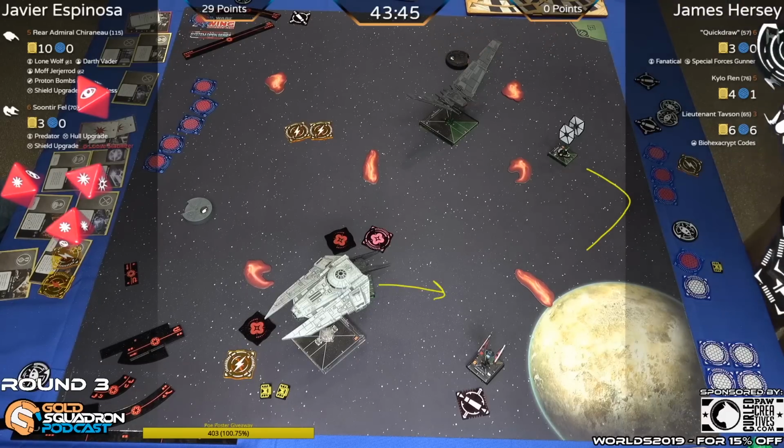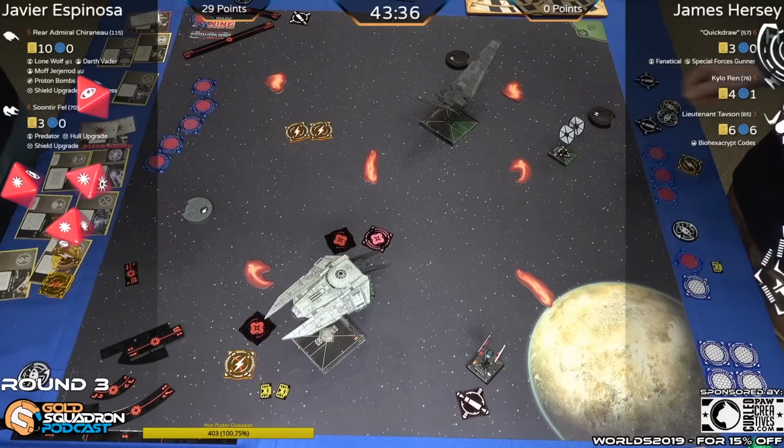And if he does, then Kylo just comes up and does Kylo's terrible quick draw. Tavson might be able to get a longer shot, he's too... Yeah. He's in a really bad position for that crit. This was the wrong time for that crit. Right. And again,